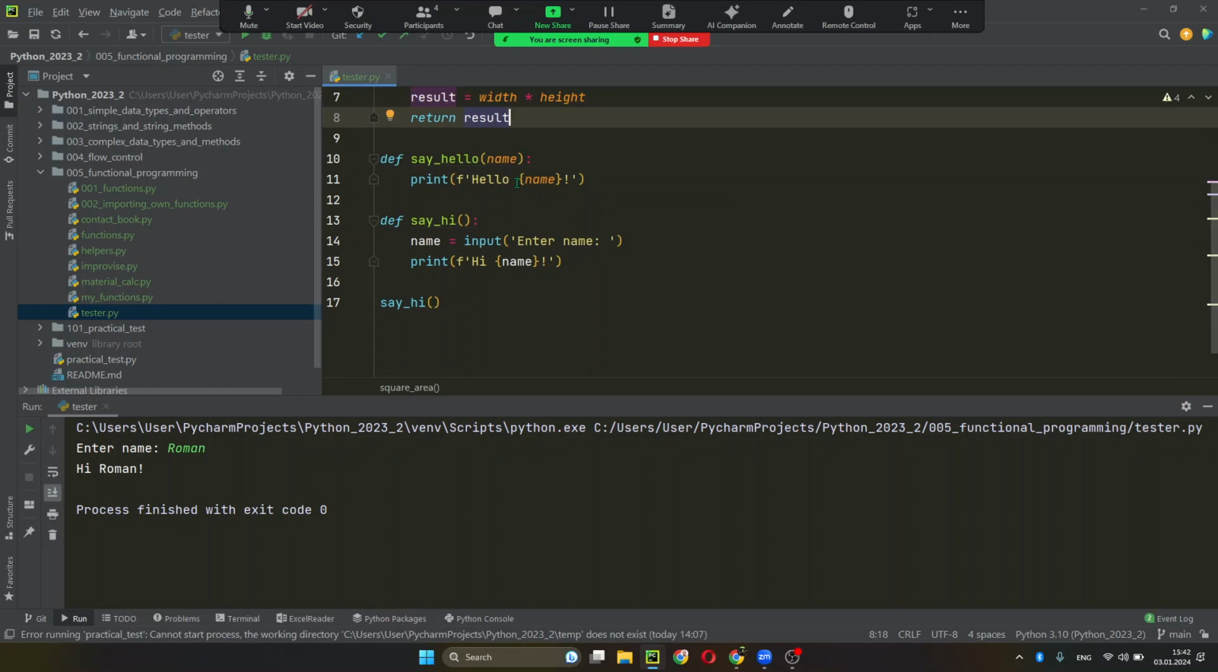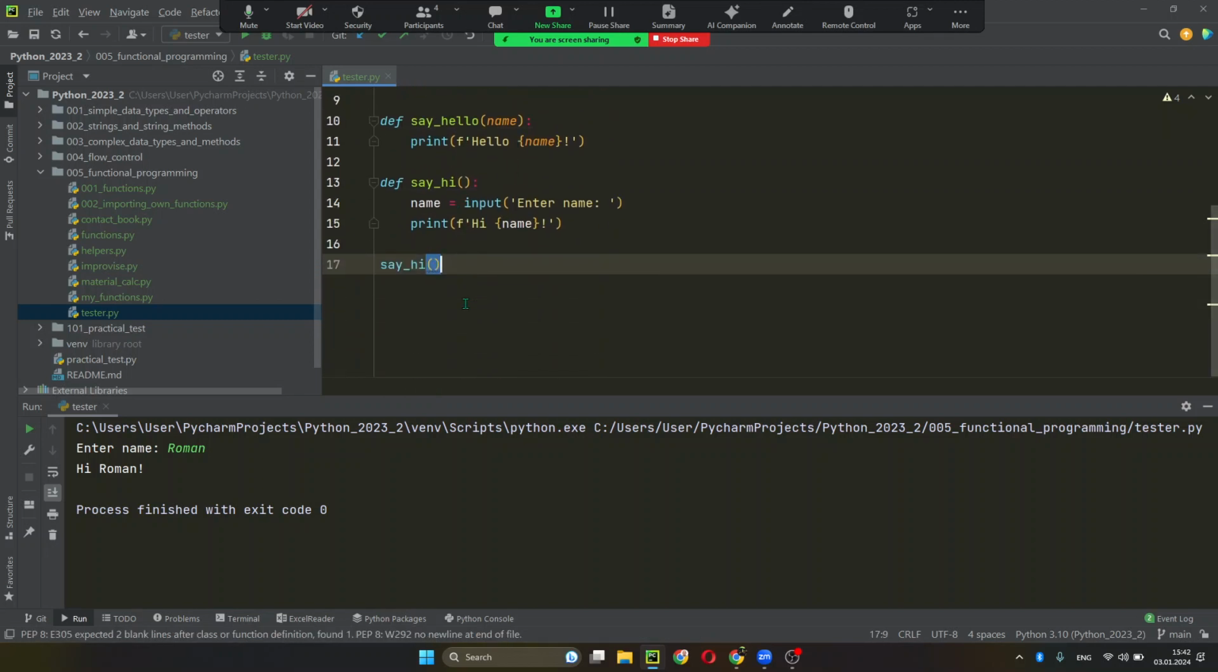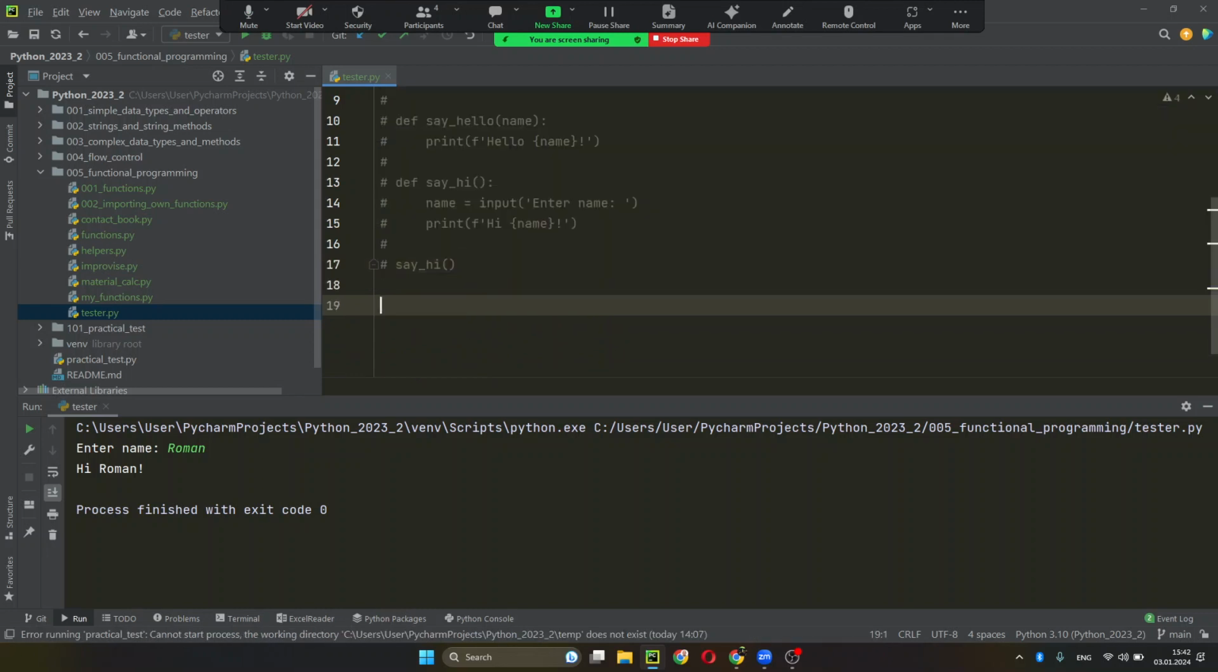Okay, let's do something more complex. What else can we do with functions? So I will comment everything out and continue here. So functions actually